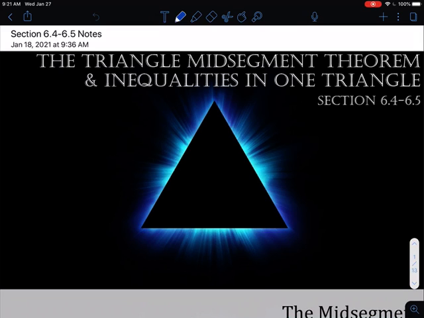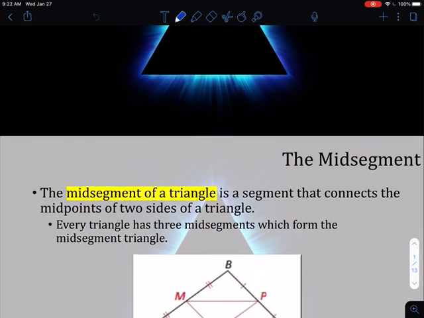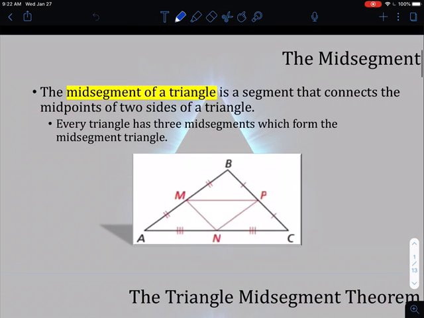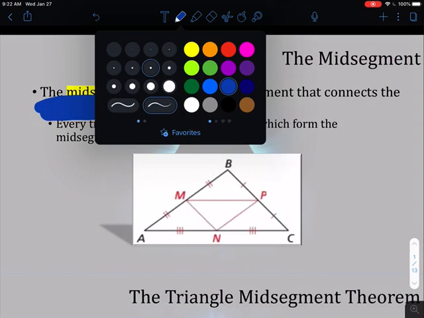All right, welcome to the next section of Chapter 6, where we're going to talk about a midsegment in a triangle, and then a couple of different types of inequalities that occur within triangles, so how angles and sides measure up to one another. So the first thing we're going to discuss is what we call the midsegment, so we're going to define that. And basically the midsegment of a triangle is a segment that connects the midpoints of the